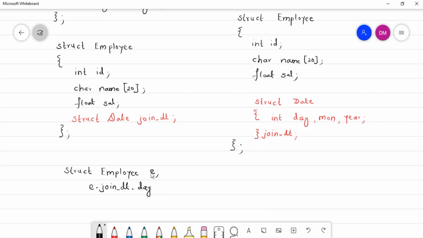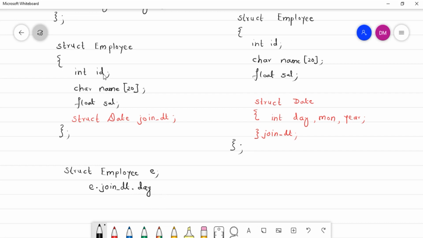First of all, you have to define your main structure variable. Then you will define your inner structure variable, and then you will define the element of your inner structure variable. I hope this syntax is clear. While scanning, printing or performing any operation, you have to go with this syntax: main structure variable, inner structure variable, and then the element of the inner structure.